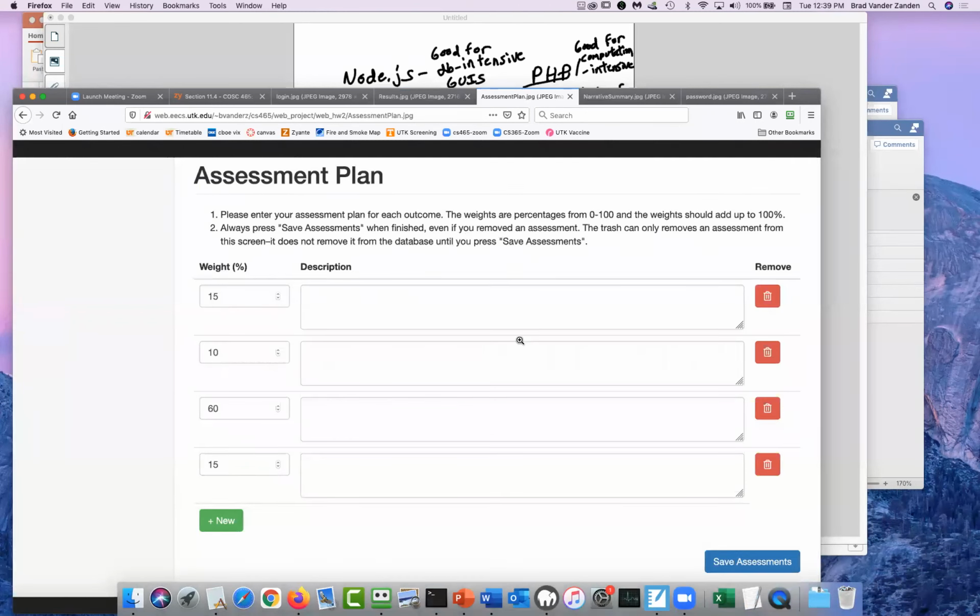Now, this is a little different because you may have to figure out how many rows you need. So if the previous one had 4 rows and the new outcome has only 2 rows, you'd have to go in and delete 2 rows and then you could fill in the form.